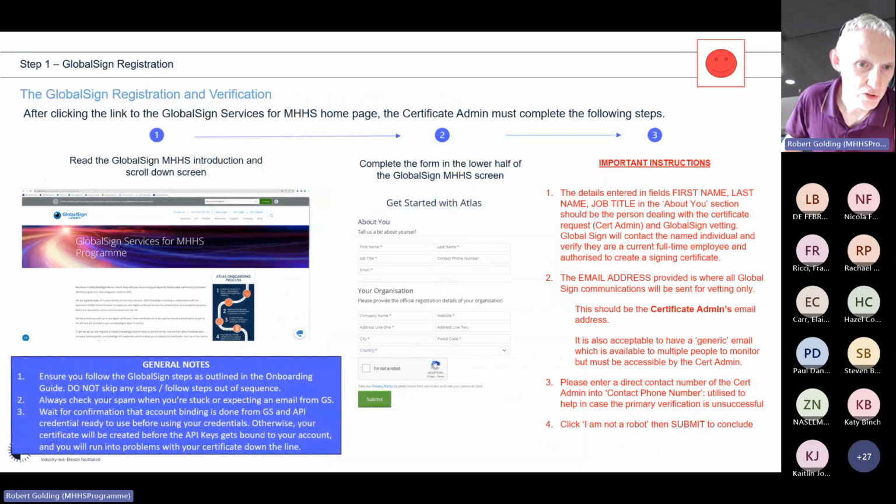This starts the journey for the GlobalSign verification and registration. Again, it's pretty much how you think it's going to be. It asks some information about you, your company, and this is the key information that, as I said,